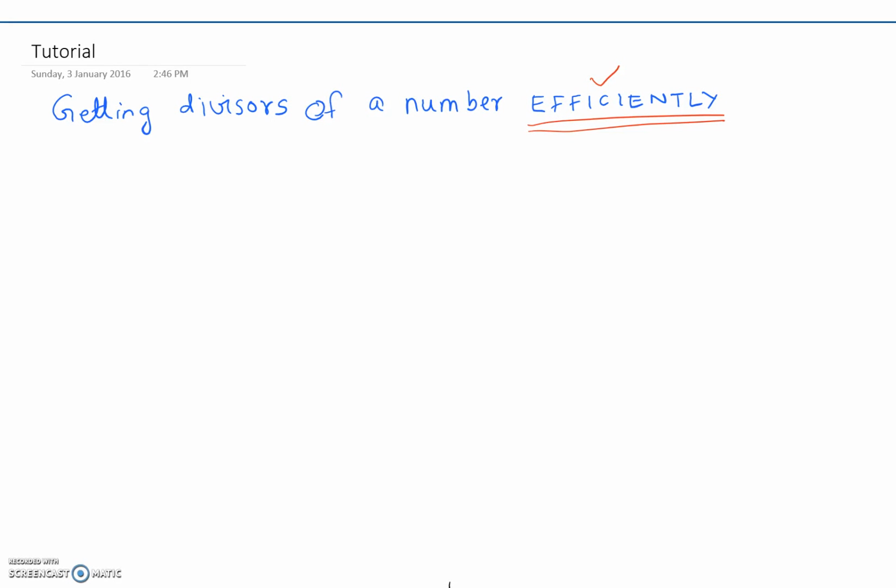So in this video lecture, I'll be showing you how to print the divisors of a number efficiently. Now, when I say efficiently, I mean that the time taken by this program to get executed should be less. So let's say I have a number 16, and the divisors of this number will be 1, 2, 4, 8,